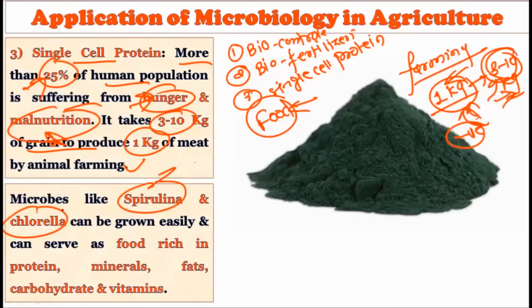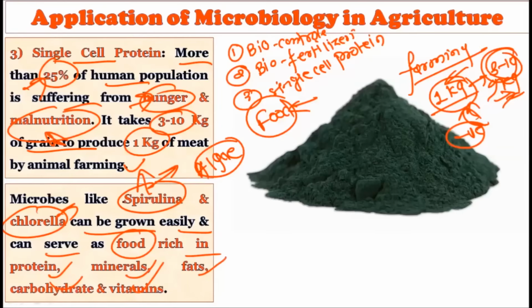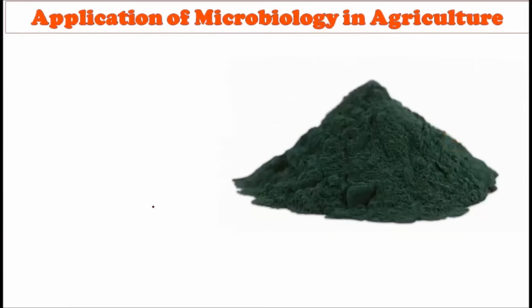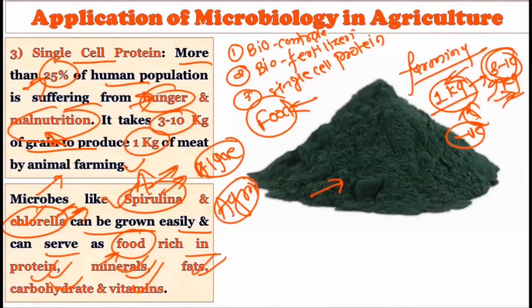देखिए, वहां पे कुछ माइक्रोब्स है like spirulina and chlorella. अब देखिए, स्पाइरुलिना और क्लोरेला ये दोनों ही अलगी है, ठीक है। ये दोनों क्या है? अलगी है, which can be grown easily and can serve as a food which is rich in proteins, minerals, fats and carbohydrates and vitamins. That means literally we can use these microbes, that is spirulina or chlorella, like a food which can take off the pressure from the agriculture. ठीक है, एग्रीकल्चर से बिल्कुल प्रेशर निकल जाएगा अगर हम स्पाइरुलिना और क्लोरेला को ग्रो करना शुरू कर दे, जो बड़ी इजीली ग्रो होते हैं, और these foods are rich in the proteins, minerals, fats, carbohydrates and vitamins etc. ओके,